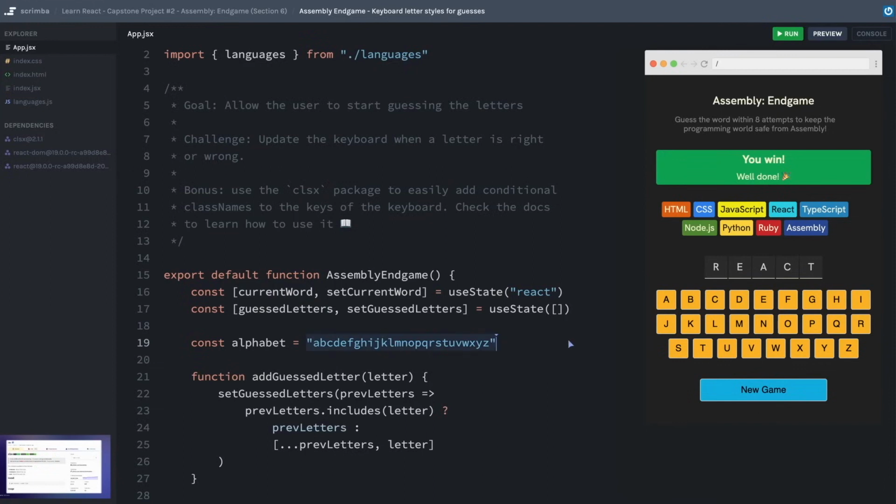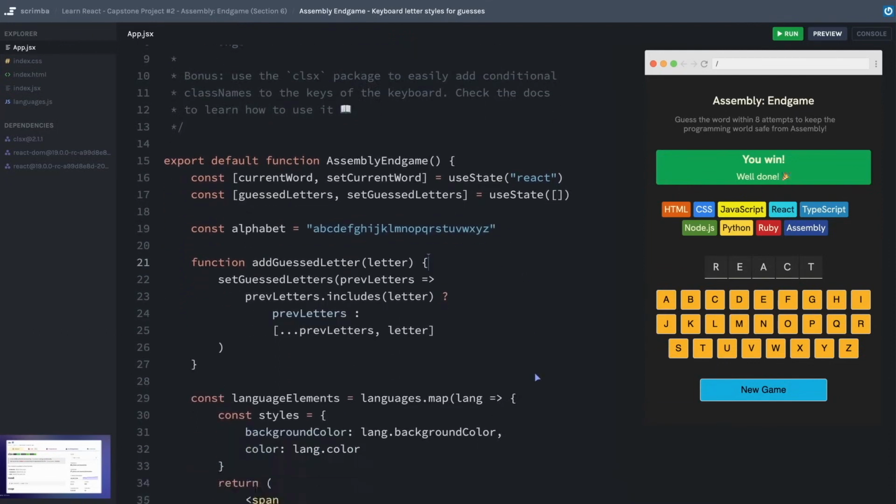As we are mapping over the alphabet and displaying the buttons for each letter of the alphabet, we can take the opportunity to check if the current letter that we're looking at is in the array of guessed letters, and if it is, then we can check to see if it's correct or not by seeing if that letter is also in the current word. If those two conditions are true, in other words, it's been guessed and it's in the current word, we can change it to the green background. And if it's in the guessed letters but it's not in the current word, then we can change it to the red background. No new state necessary at all. I can simply derive those values based on the state that we already have.